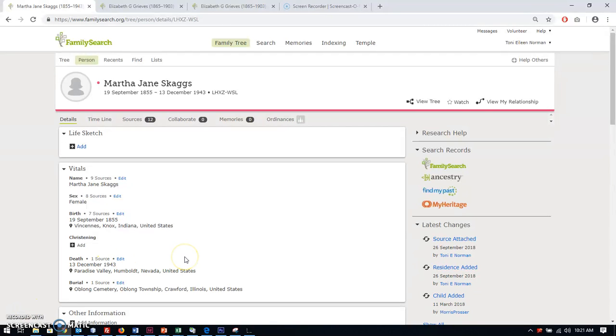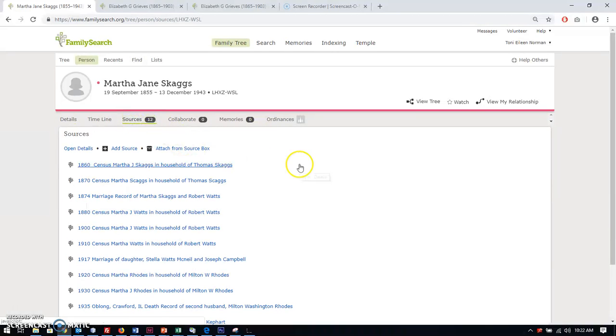Hi, today I'd like to show you how to search for census records in Family Search. I'm going to start with a great-grandmother of mine, Martha Jane Skaggs. When you're in here, you can go over here to the sources on a person, and I have hers all